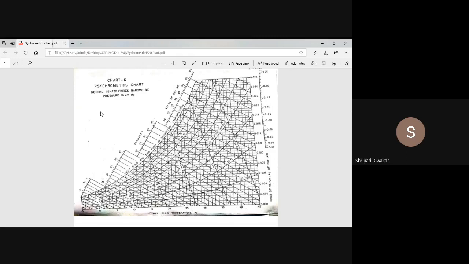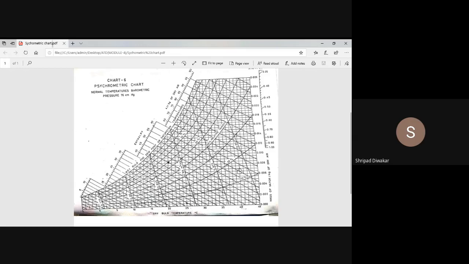Beyond saturation you get the steam stage. We are not studying the steam stage, we are studying only the moist air. That's why you have to take all the values in between the saturation curve and this boundary. This inclined curve is called the saturation curve, where you get 100% relative humidity. Relative humidity is expressed as a percentage. Here we have 100% humidity, also called the saturated line.